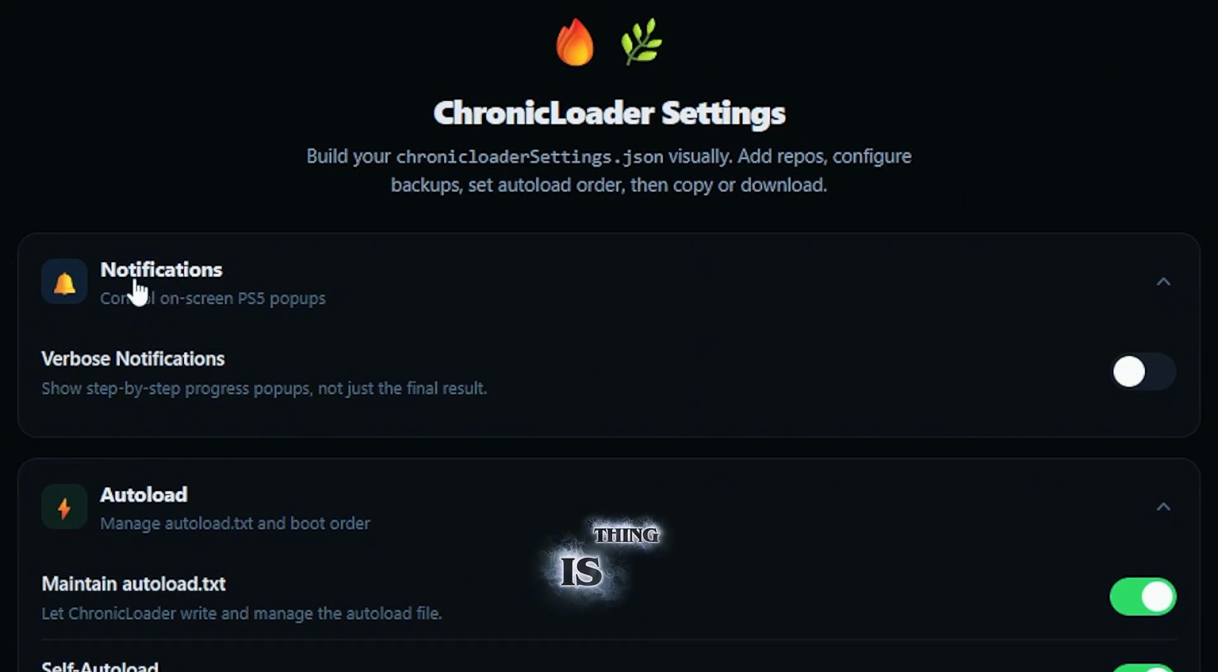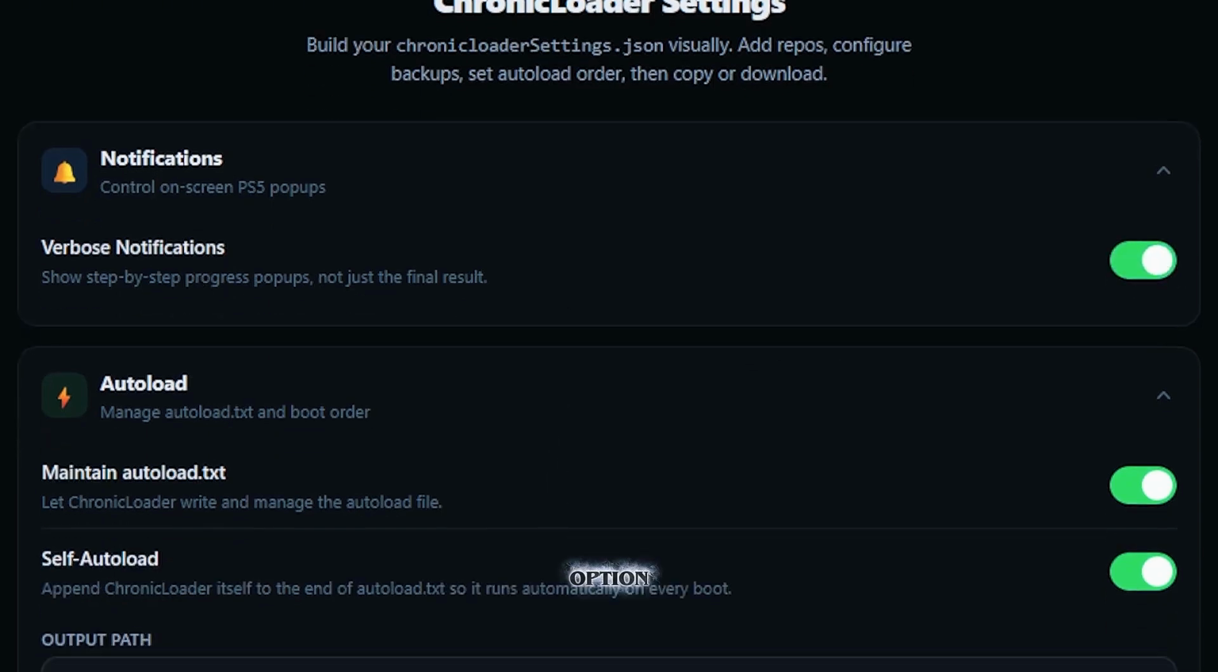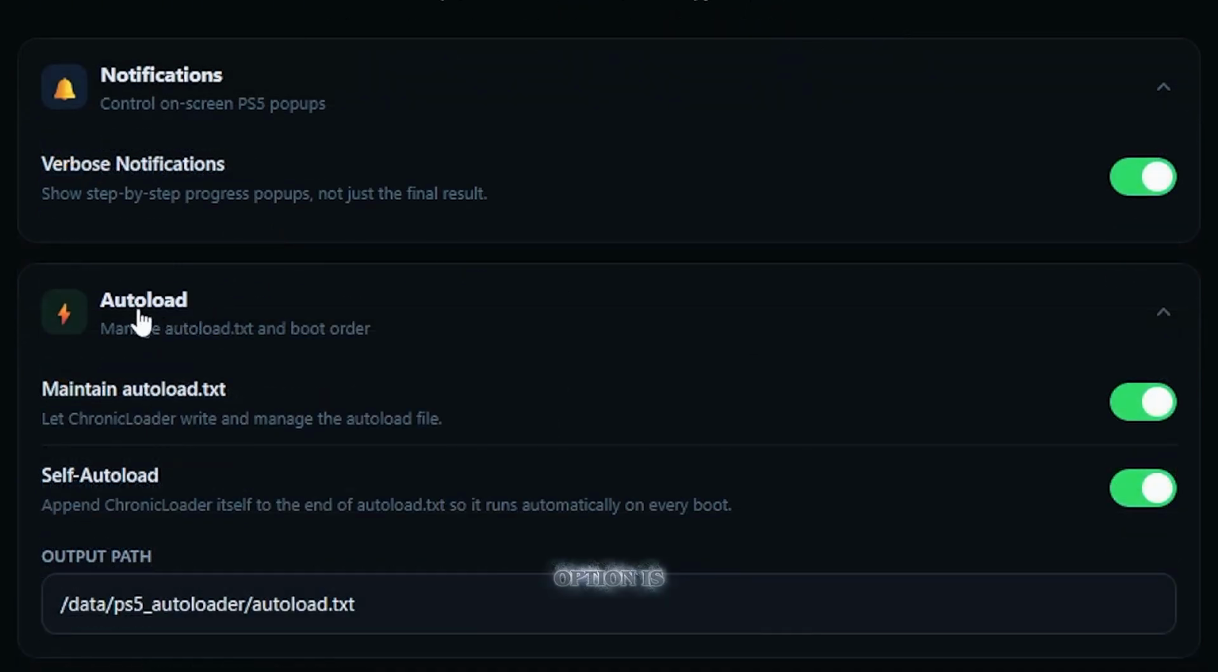So the first thing is that it has notifications, and it says, would you like to see step-by-step progress pop-ups? And we are going to turn that option on. The next option is to auto-load. It states, manage auto-load in the boot order, and we are going to allow it to maintain our autoload.txt